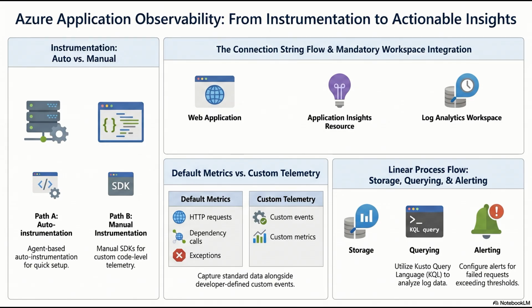Imagine you have a highly secure network architecture with a network security group that strictly blocks inbound traffic from the public internet. You configure an activity log alert to trigger any time an administrator modifies that specific network security group rule. Right, because that's a security risk. Yes. If someone accidentally opens port 3389 to the world, the activity log alert detects that architectural configuration change instantly, regardless of the actual server performance.